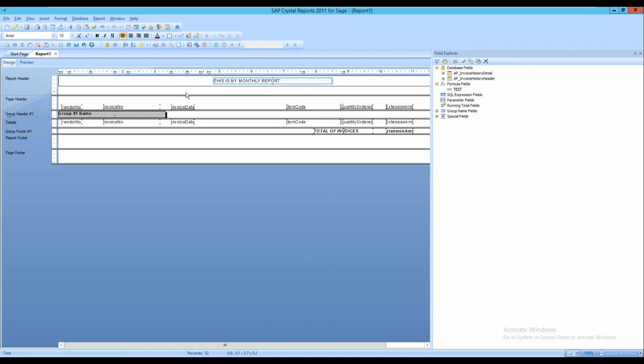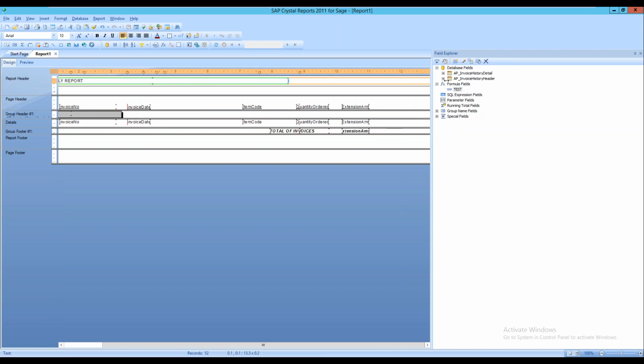Once I have this box here, I use that as a guide, and then I move this over, and I move this over all the way to the edge. I use my box as a guide. Some people don't do that. I don't know, it's either here or there, but I kind of like doing it that way. Then in here I say this is my monthly report, and I could put the date in here, or prepared by, or whatever,